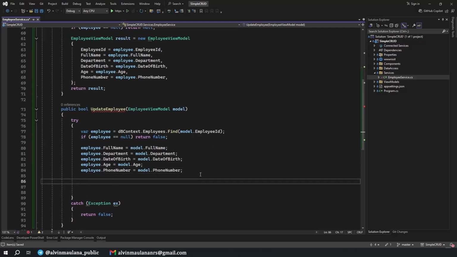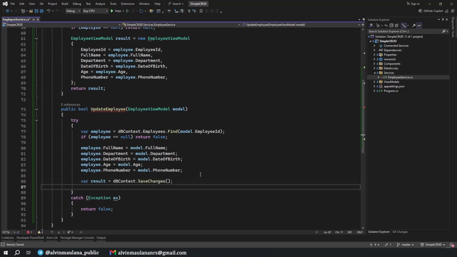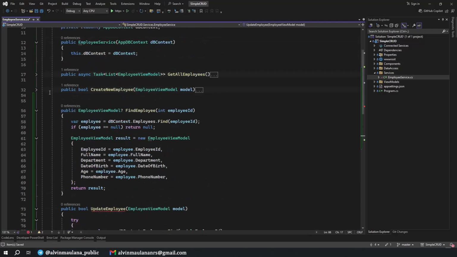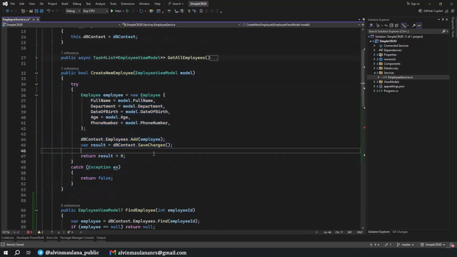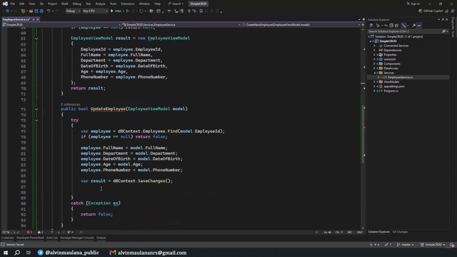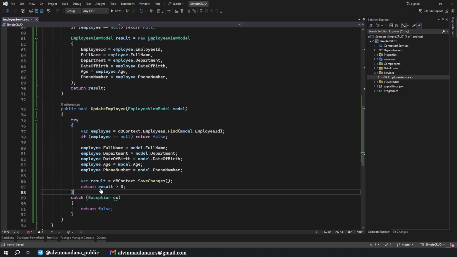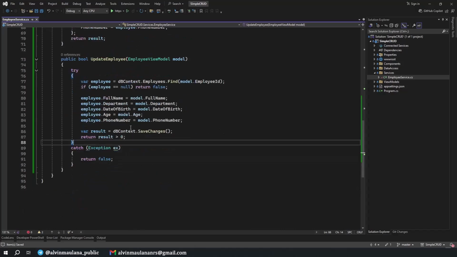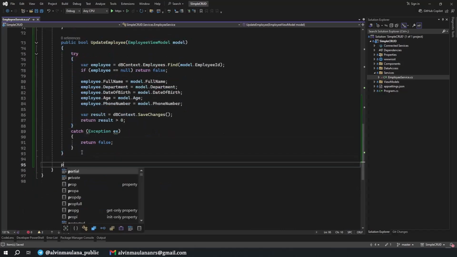And then we do var result equals db context save changes, like we did in the create. We return true if there are any changes in our database: return result more than 0. If more than 0, it means there is a data change in our database. Okay, the update is complete.